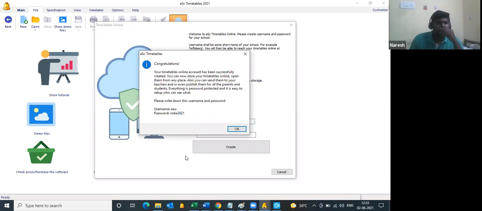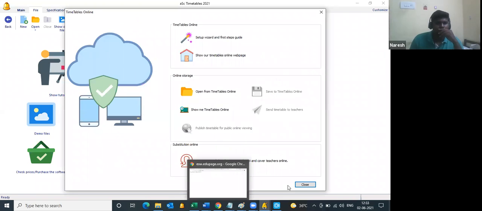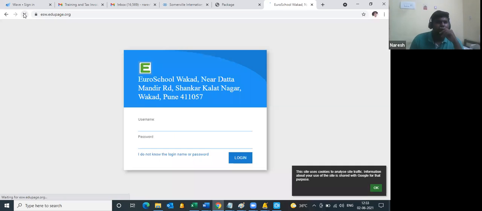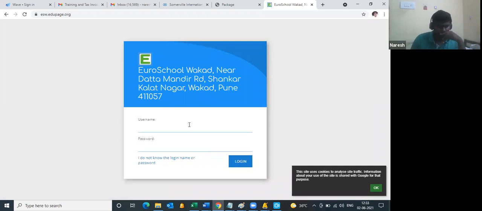Okay, for the time being, the password will be India 2021. All right. So you should always use Google Chrome. Now I'll just refresh it. Okay, so the username will be ESW, password will be India 2021. Since you're logging in for the first time, this particular page appears.